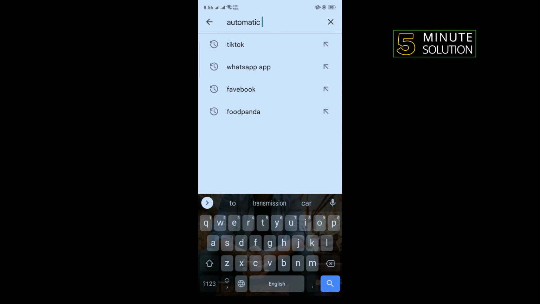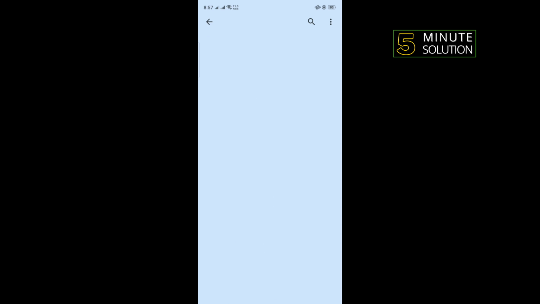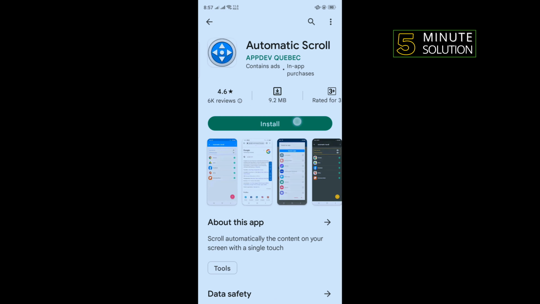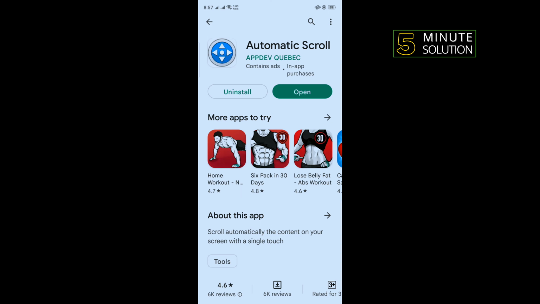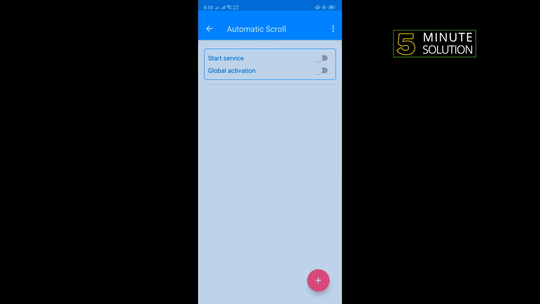automatic scroll and tap on this first application. Tap on install and after that tap on open and tap on this plus icon to the bottom right corner